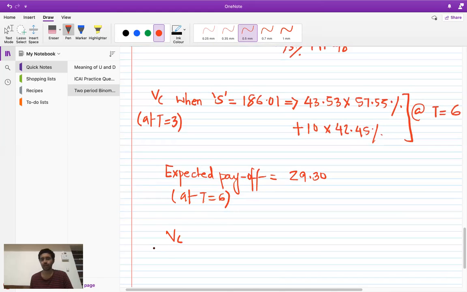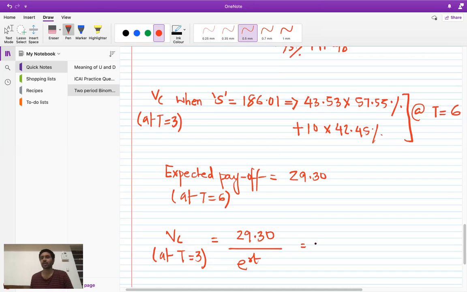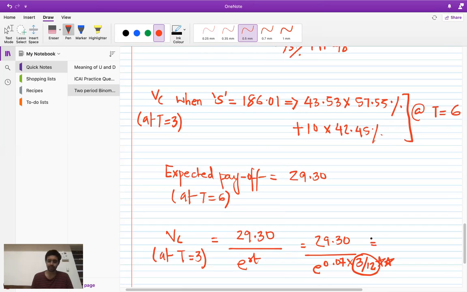Therefore, the value of the call at t equal to 3 is going to be 29.30, the whole divided by e power rt, which is equal to 29.30 divided by e power 0.07 into 3 by 12. Remember, this is the most important thing: it should not be 6 by 12, it's 3 by 12. So 0.07 into 3 divided by 12, exponential is